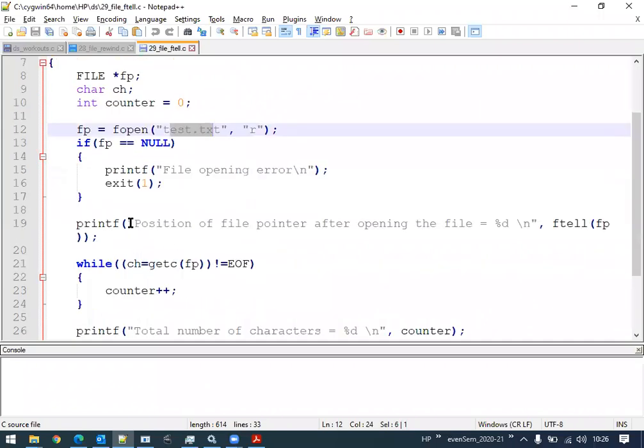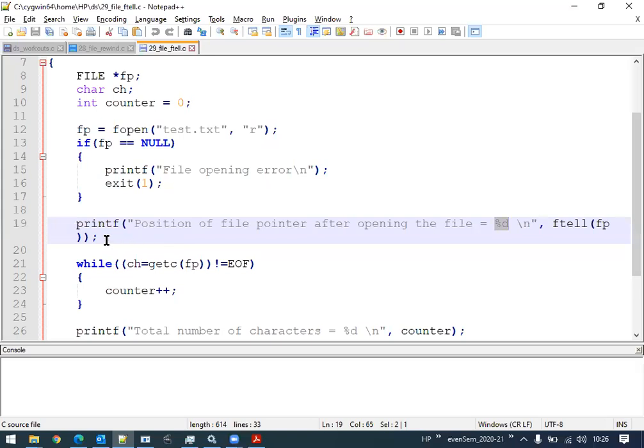Then, before I read the content, I want to know the position of the file pointer. So you can see in the printf statement, I'm using ftell here. ftell of fp is going to return an integer value, which will be substituted at this particular %d.